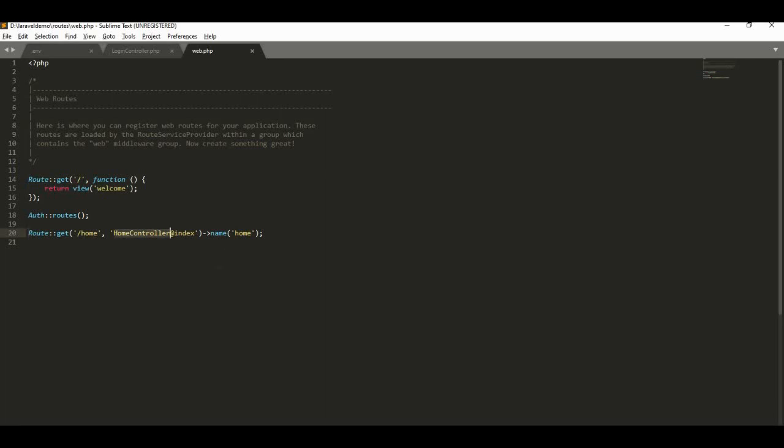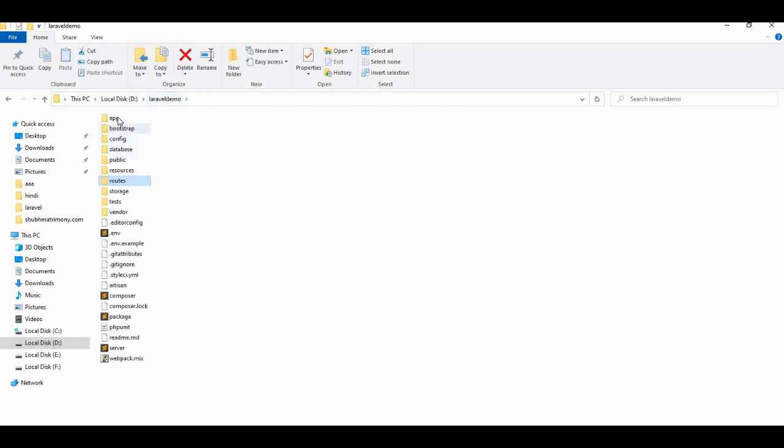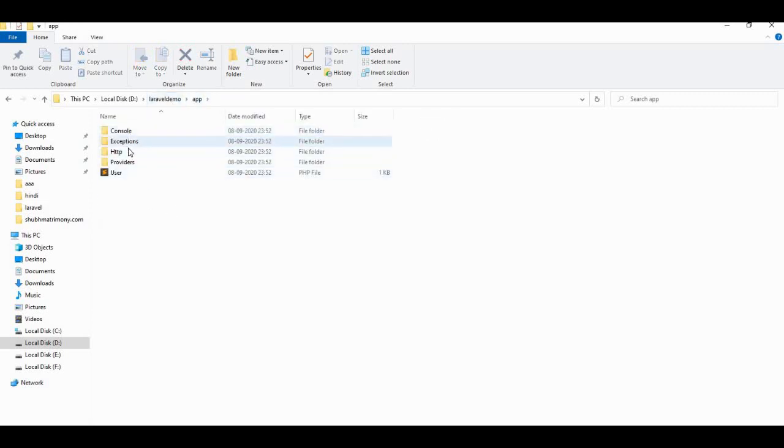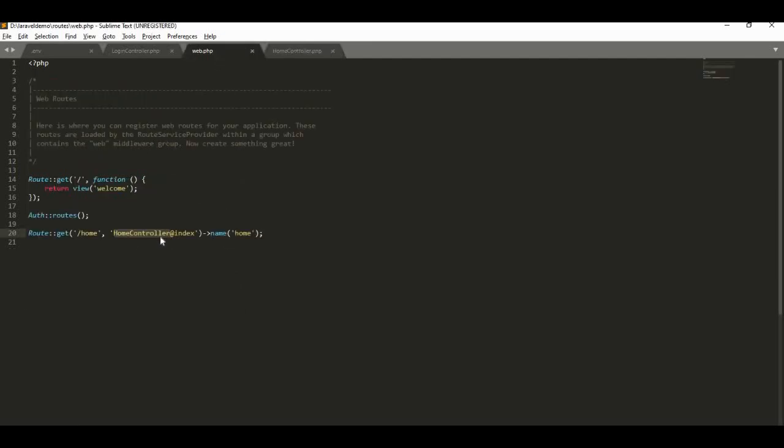Now we will go to the HomeController, app, Controllers, HomeController. Here you can see, guys, we are using the index method of the HomeController.